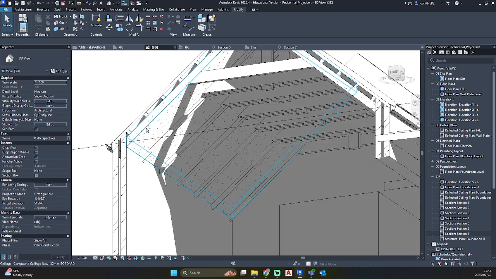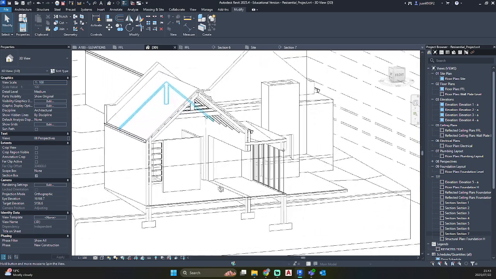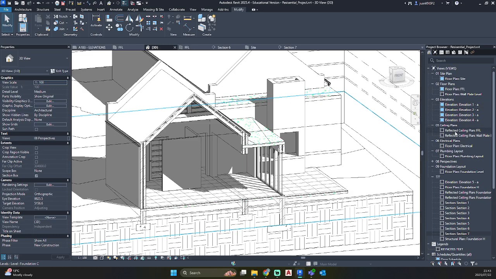So now we have a clean connection with our ceiling. Let's go back to our ceiling layout.